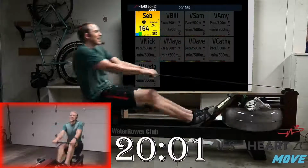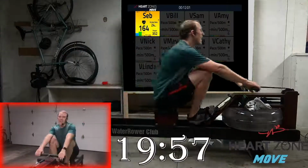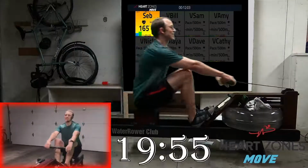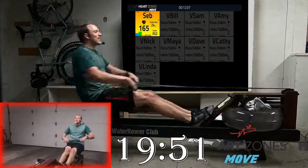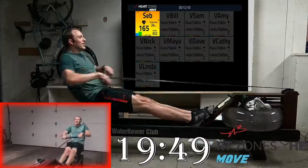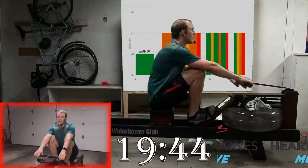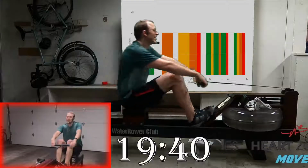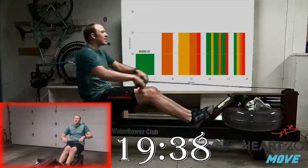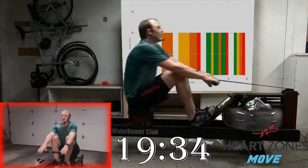Driving with the legs every stroke. Press. And suspending from the hands. Straight arms as your legs drive down. Let's take 5 more strokes. 1, 2, 3, 4,